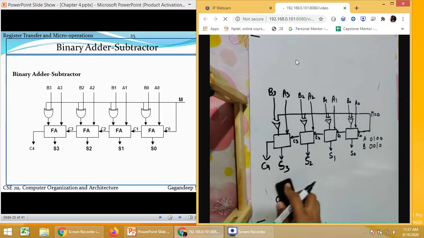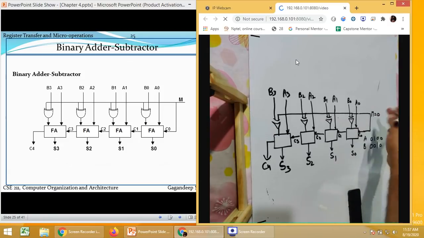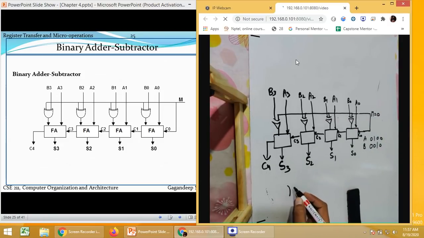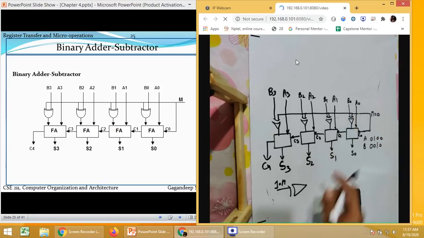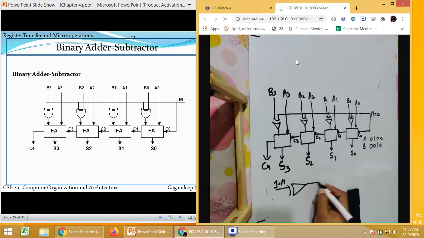Now, if this value of M is now 1, so just consider this case. This is a value which is 1, which is from M. So at this place, M value is 1. And in the case of B, if the value of B is 0, what will be the output?